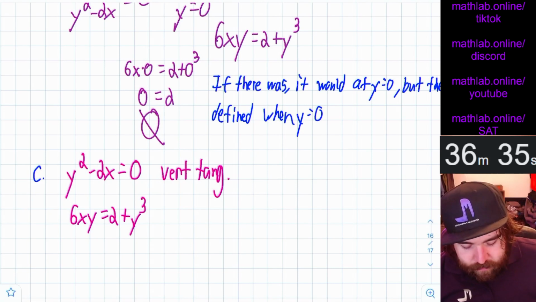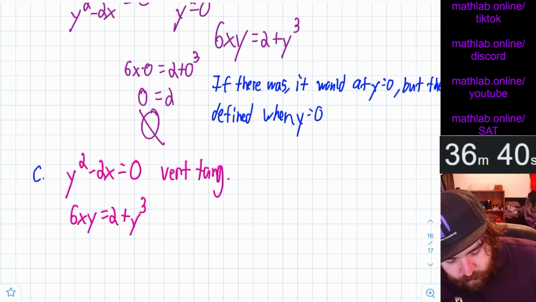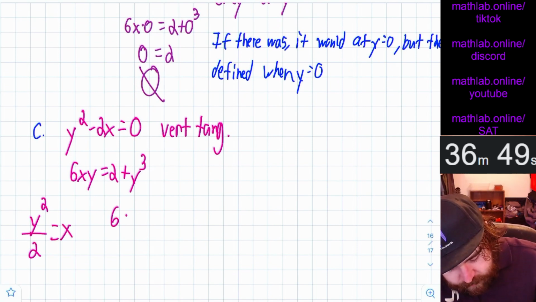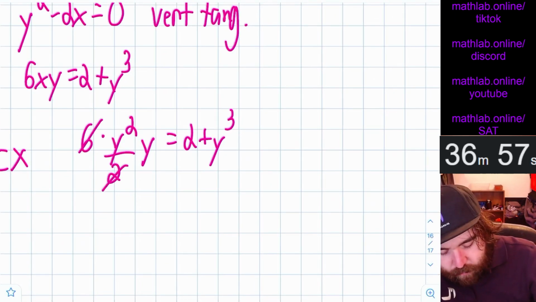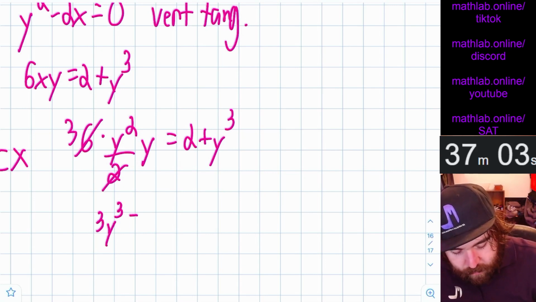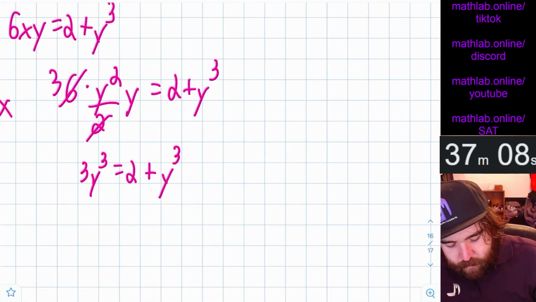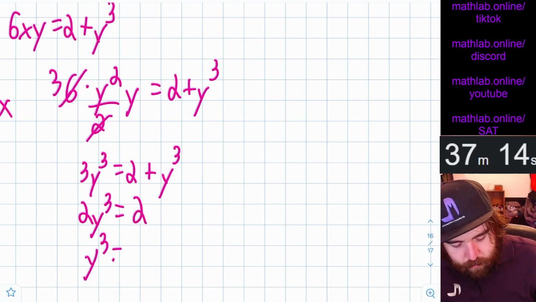So I would actually do a substitution here and say something like y squared over 2 equals x. So what we have here is 6 times y squared over 2 times y equals 2 plus y cubed. Because look, this is just 3, and then y squared times y is y cubed. So you have 3y cubed equals 2 plus y cubed. So then we have 2y cubed equals 2, y cubed equals 1,